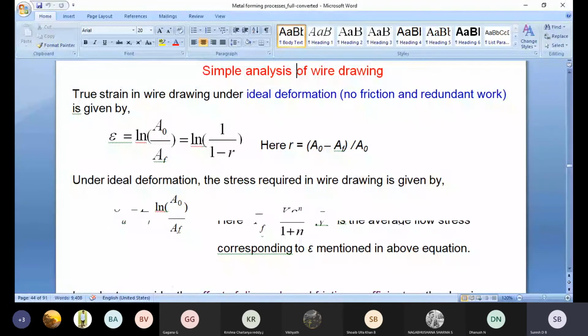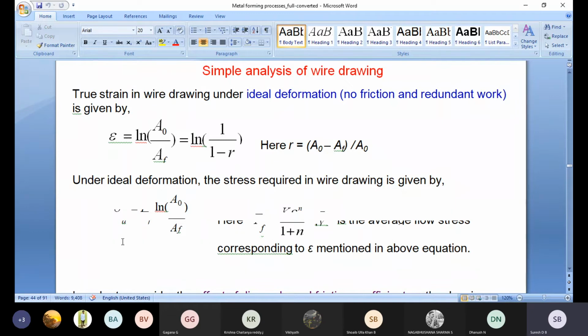Okay, in analysis it is very important to know what type of force or what type of load is acting on the material or die. If the external force or external load is acting along x direction, maximum strain is produced along x direction compared to the y direction, because the material is compressed along y direction but plastically deformed along x direction.